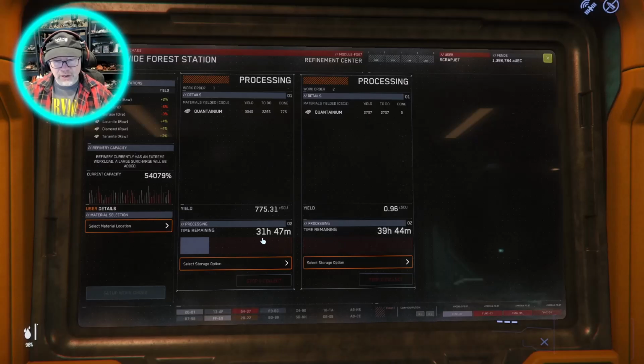It'll be done in over a day. But that's how this thing works. Now, if you want to, you could take what's out there. I mean, there's only 775, that's less... That's 7 SCU, I think it works out to be. So you could, if you want to, like...